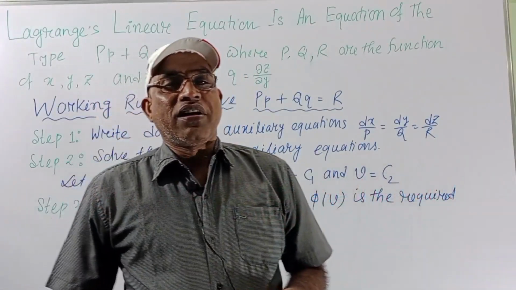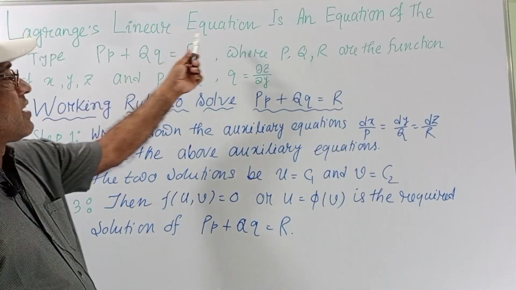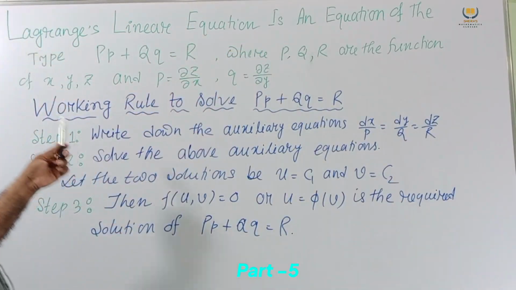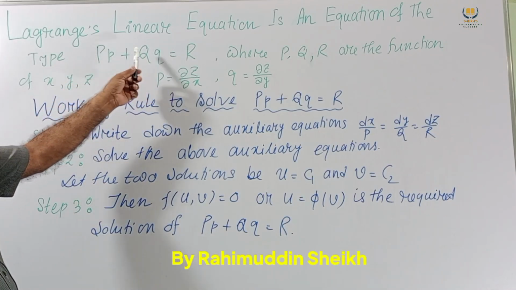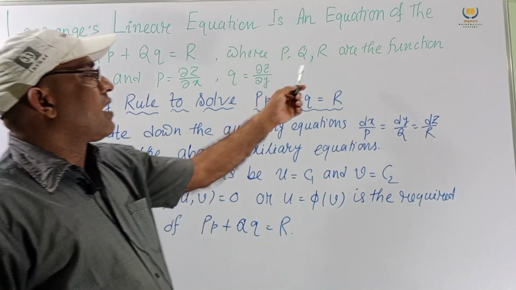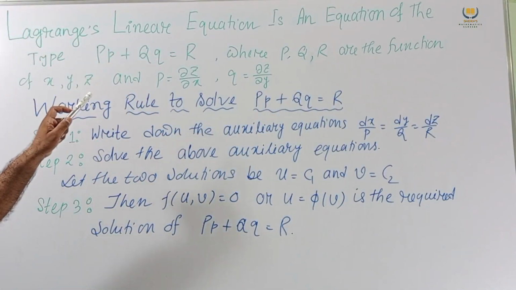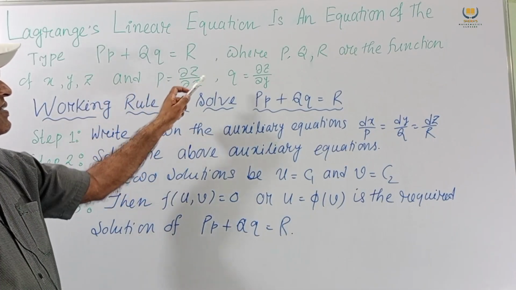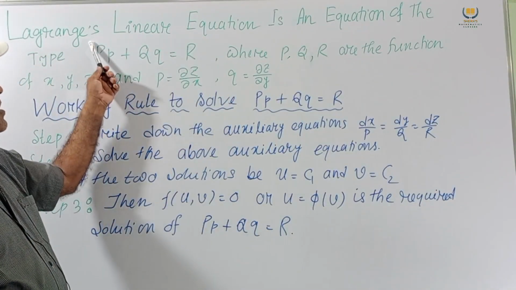So we consider one new topic. Lagrange linear equation is an equation of the type Pp + Qq = R, where P, Q, R are functions of x, y, z, and p = ∂z/∂x, q = ∂z/∂y. If we get this type of equation,